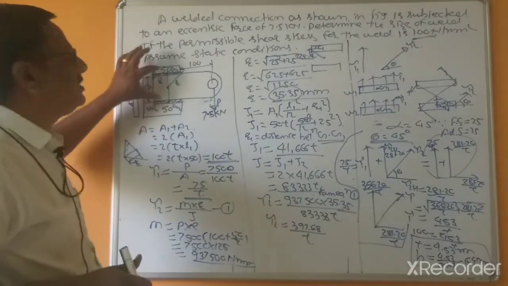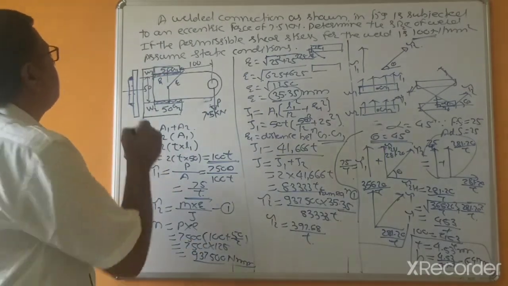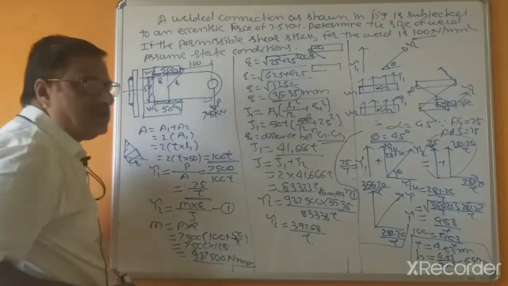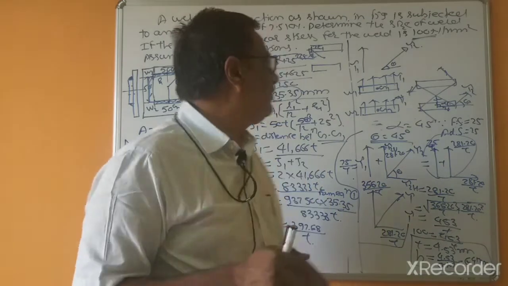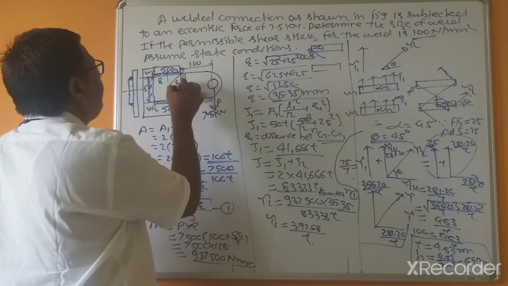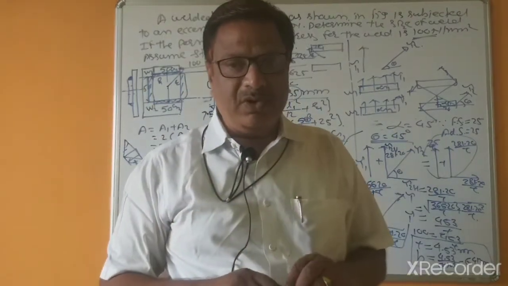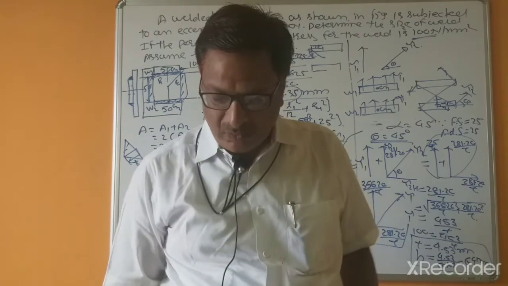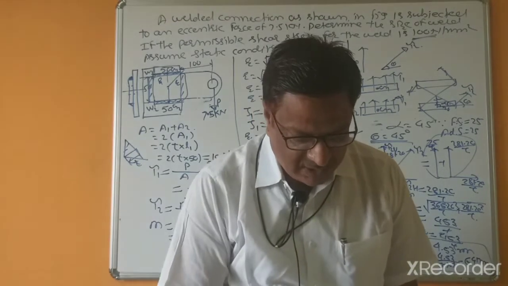For this case, this is symmetrical because this joint has two welds. In some cases there may be additional welds, meaning three welds, so this type of joint becomes unsymmetrical, and in some cases maybe a fourth weld. So that's why such types of problems we will see in the next class, three to four problems related with these arrangements.